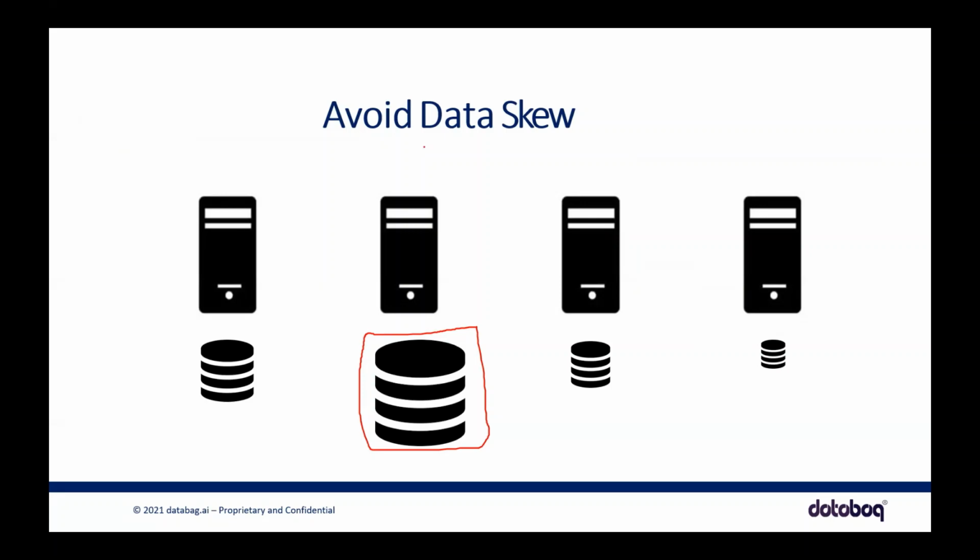So here, what we are trying to understand is you shouldn't choose a partition where you have all the data in one compute node and the other compute nodes don't have data. So while choosing the partition as well, you need to be very careful and anticipate that if I choose a partition like this, then the data will be evenly distributed.